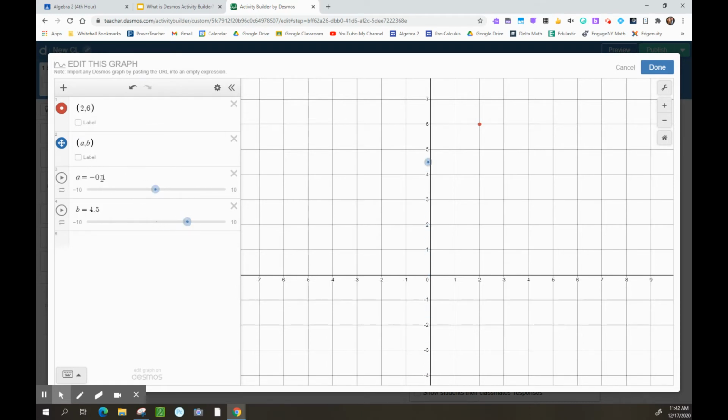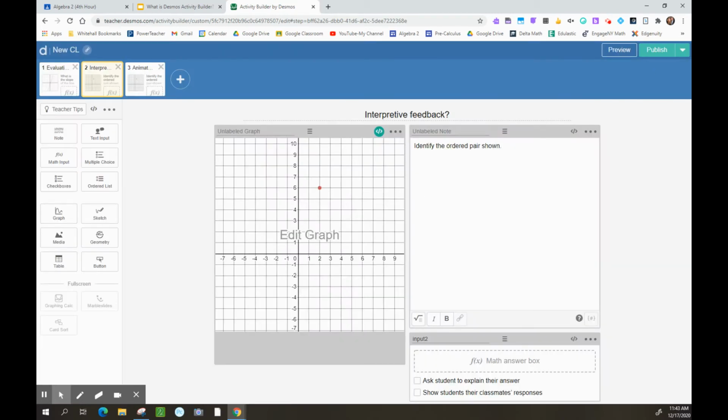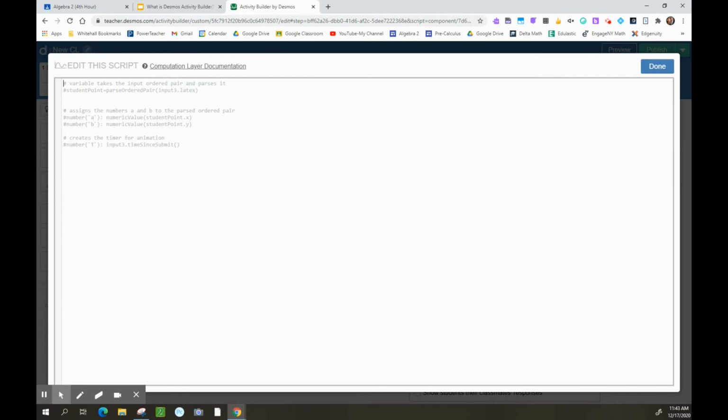But I don't want A and B to be defined here. I want A and B to be connected to what the student inputs. So I'm going to get rid of those. And this won't be able to be graphed yet until I define what A and B are in the computation layer. So I'm going to go into the computation layer, and because there's some typing involved, I have this set up already. It's just not active yet. What I want to do first